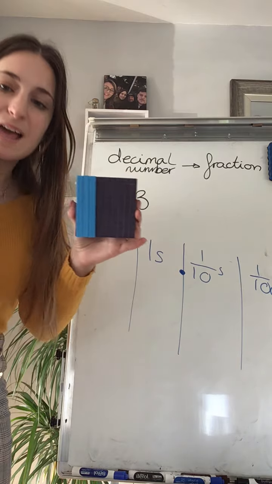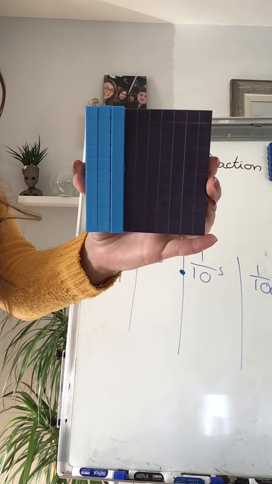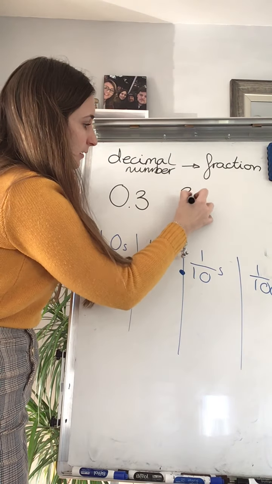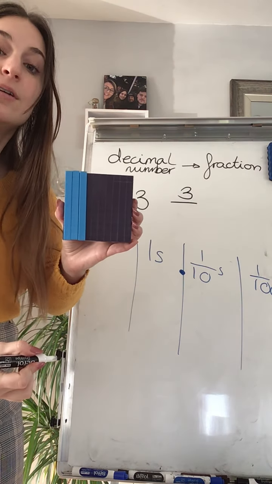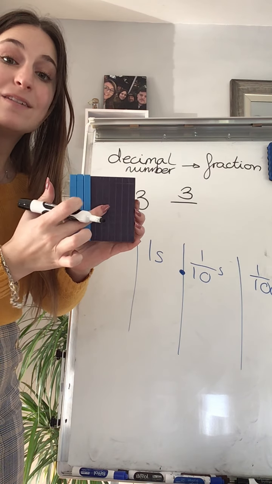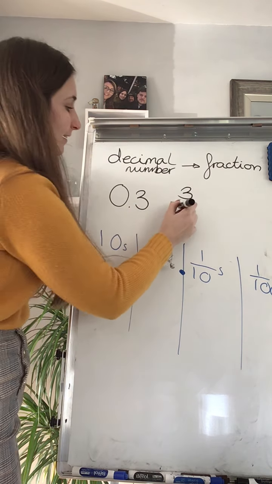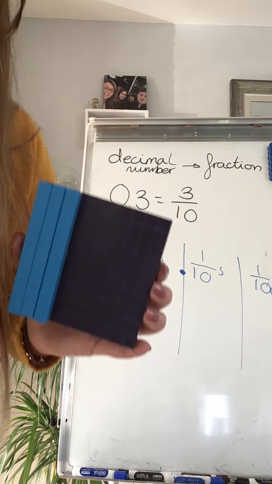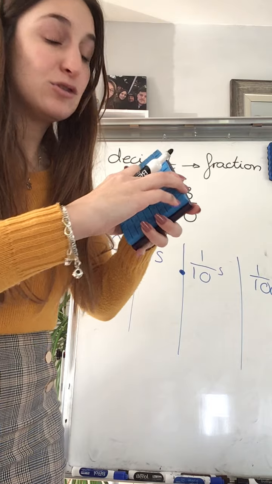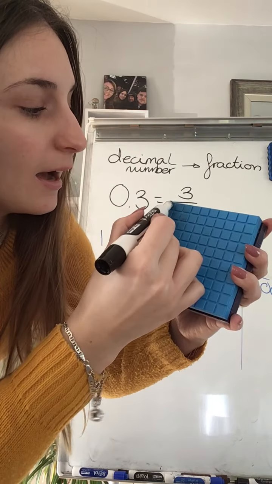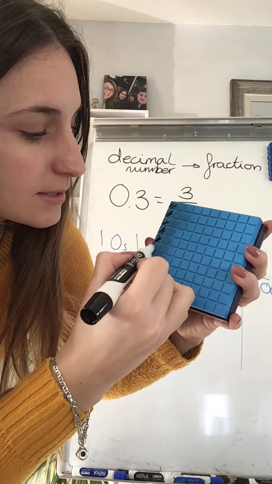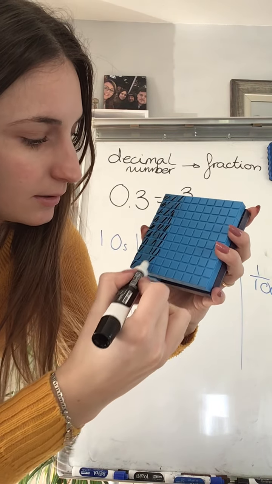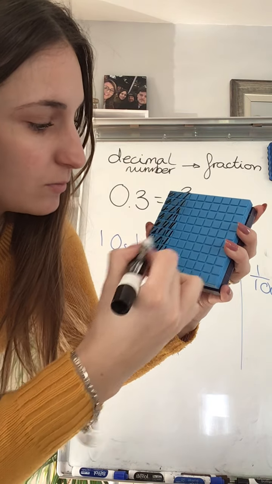So what is this like in a fraction, guys? Absolutely right. I have 1, 2, and 3 out of 1, 2, 3, 4, 5, 6, 7, 8, 9, 10. Or if I have that in the smaller squares, and I have all this, let me just quickly shade it. So I'm shading the same,